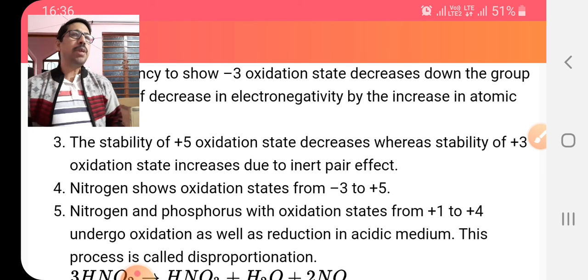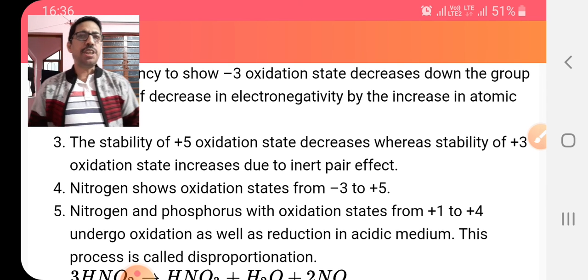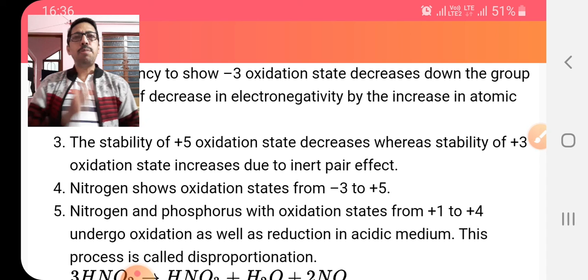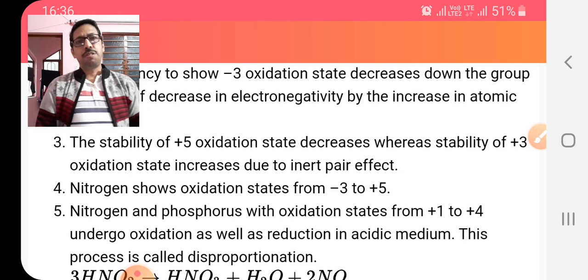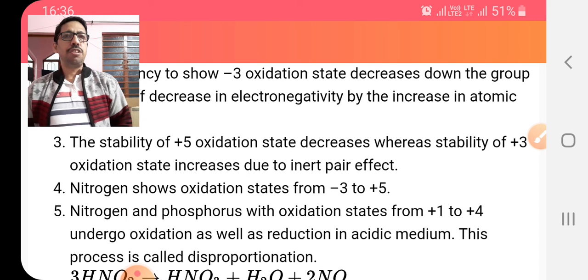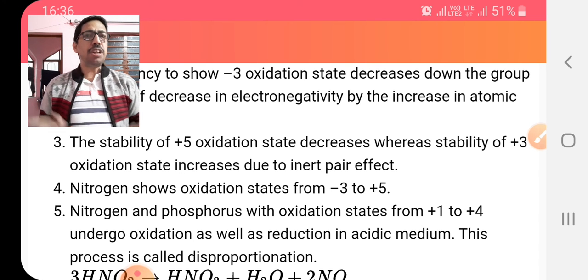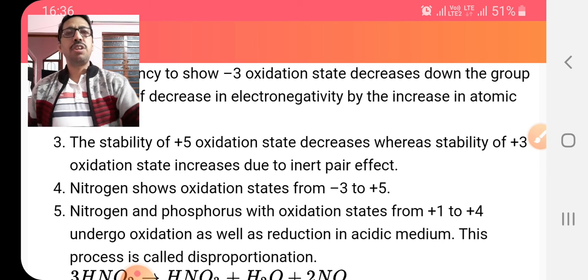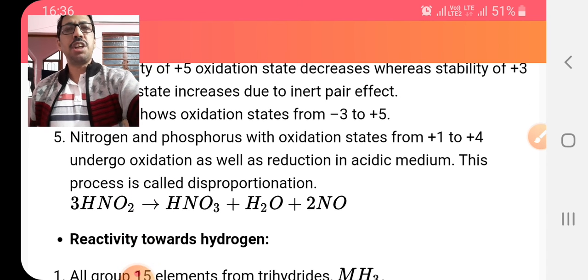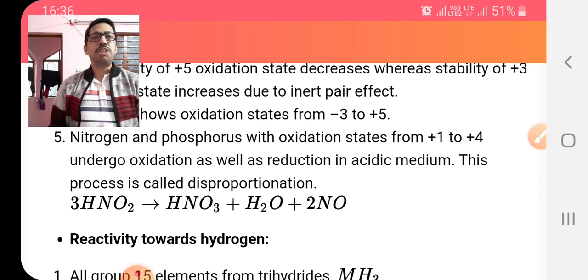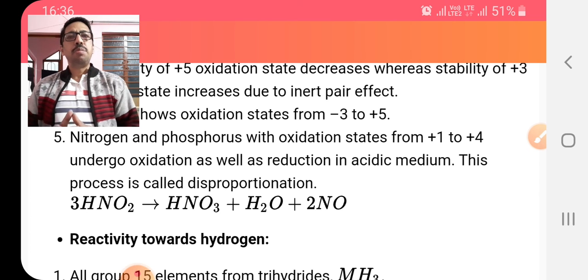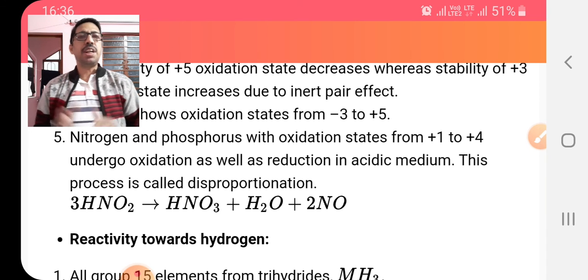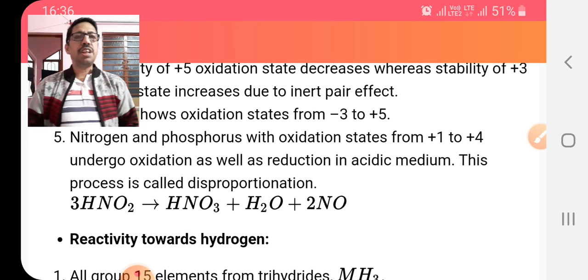Listen carefully: when the same element shows both oxidation and reduction in a particular reaction, those types of reactions are known as disproportionation reactions. And this can be illustrated by the given example, that is, nitrous acid converted into nitric